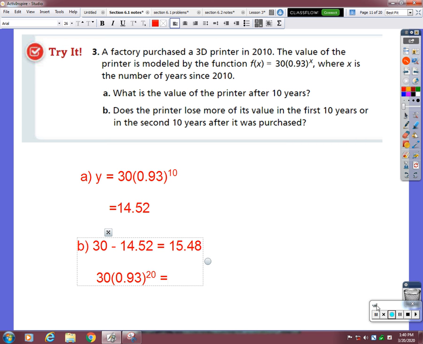And I'm going to have to cheat. So that turns out to be $7.03 would be how much it would be worth in 20 years. So if after 10 years it was worth $14.52, and 10 years after that it was worth $7.03, that means over the next 10 years it only lost